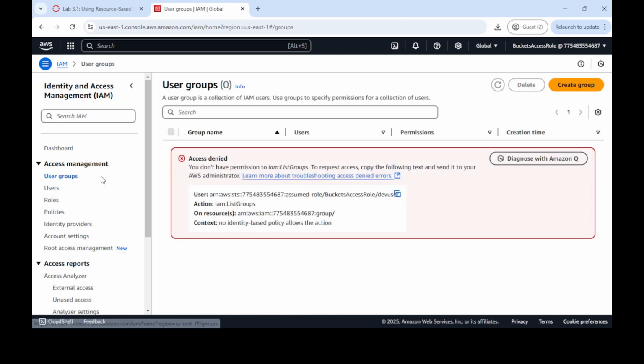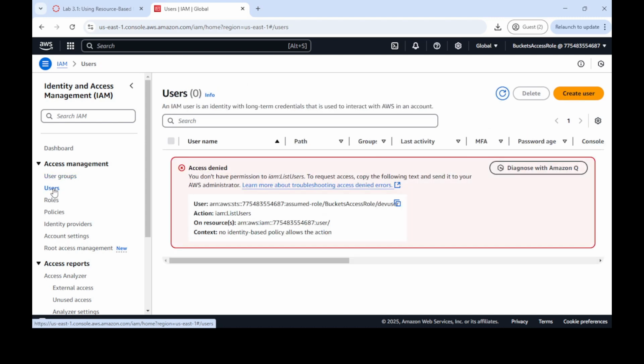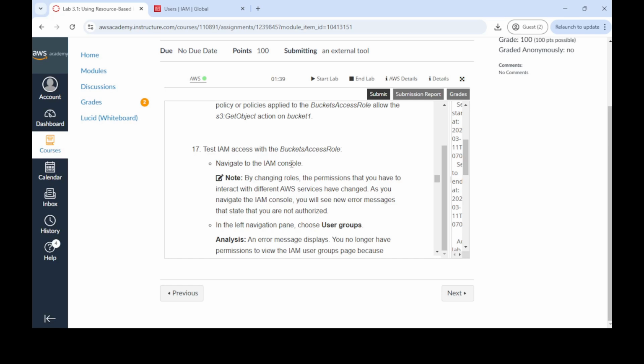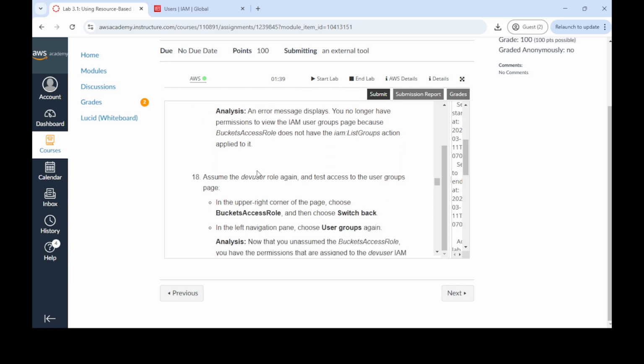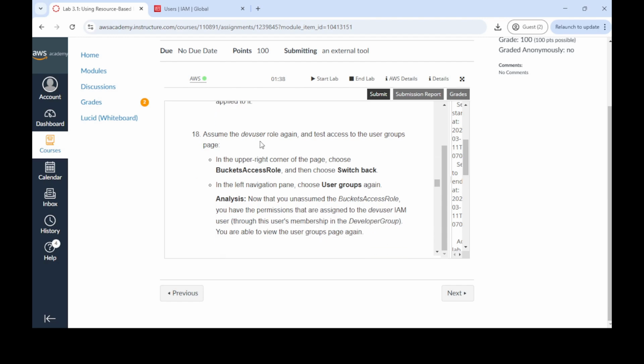For example, we want to see user group. Previously, you were able to access that user group. Now we are not able to, right? So there are some restrictions with respect to IAM access for the bucket access role. Means that we have some limitation, but we don't have every access. So assume that the user role again in the upper right corner, choose bucket access role and switch